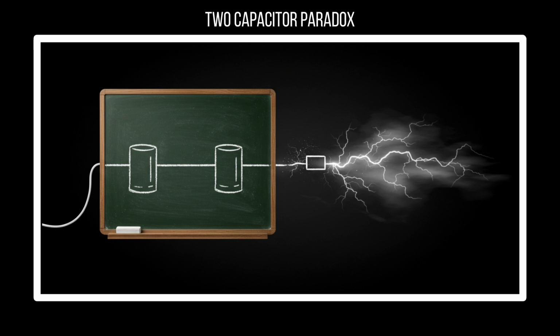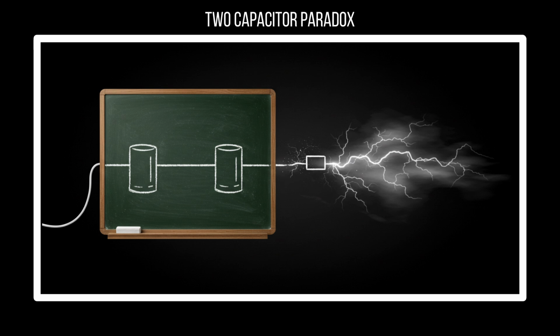arise in electrostatic systems. In this discussion, we'll break down the paradox in detail, starting with a basic understanding of capacitors, how they store and release energy, and how the system behaves under certain conditions. We will then walk through the details of the paradox itself, examine the underlying assumptions, and ultimately reveal why it is not truly a violation of energy conservation, but rather a consequence of idealized assumptions in the classical treatment of